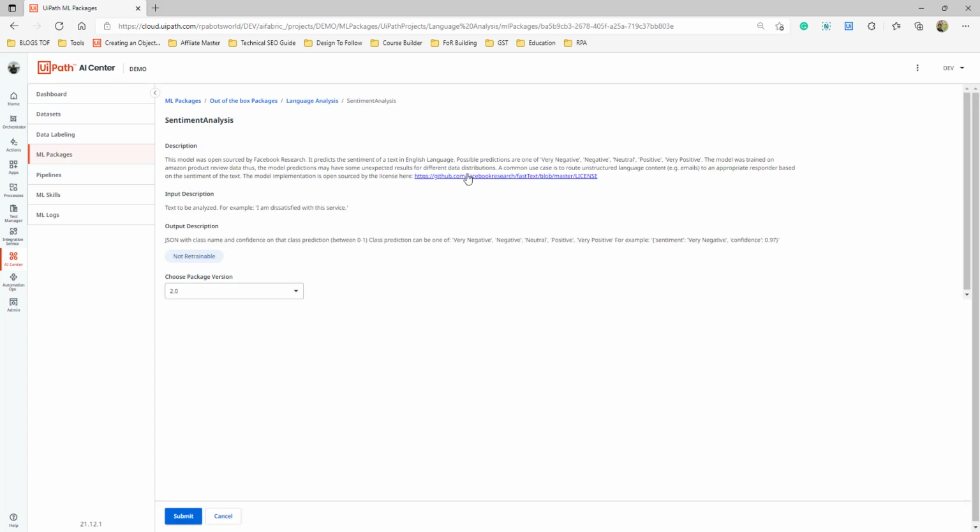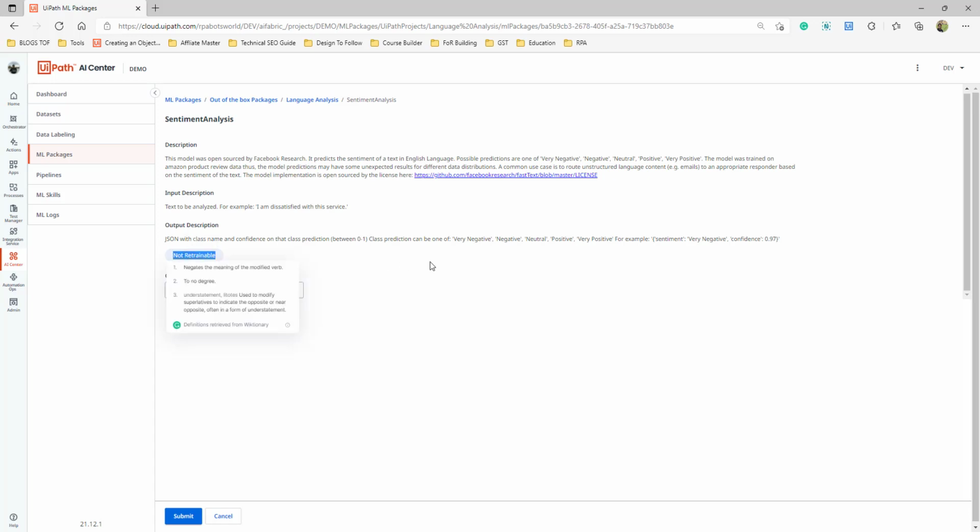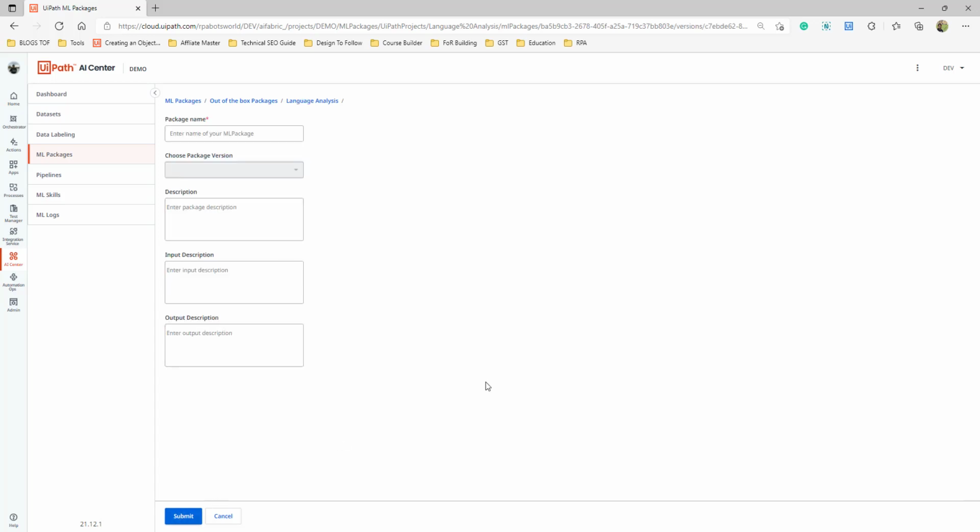So the moment you select that machine learning package, you will come to this page. So you need to select a package version. By default, only 2 is available, and you can see here it is not retrainable. That means you won't be able to retrain this model based on your data, right? So all you need to do is select it. You should be able to give it a name. So say for example, if you want to give a name called sentiment analysis, just simply say sentiment analysis,